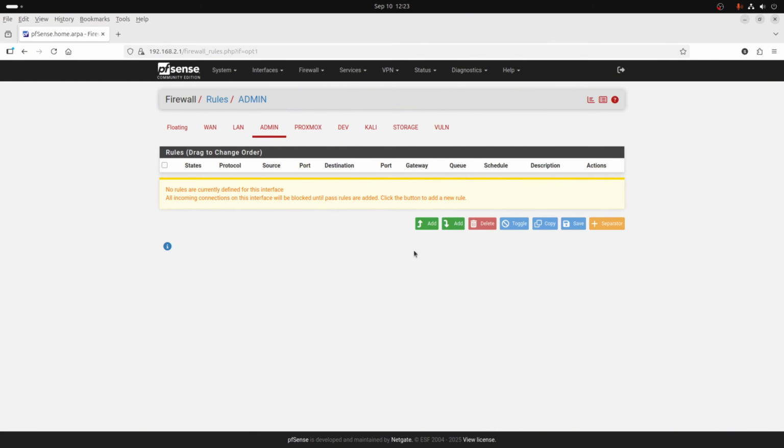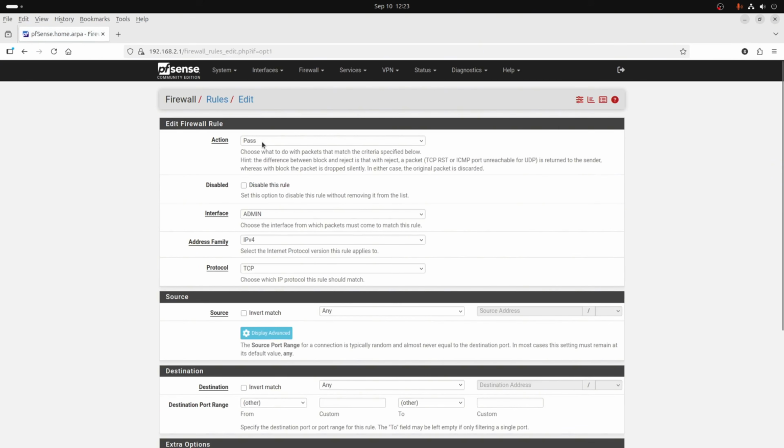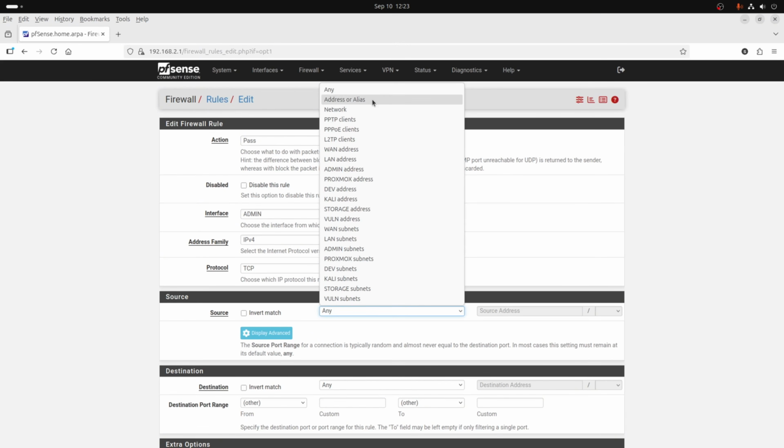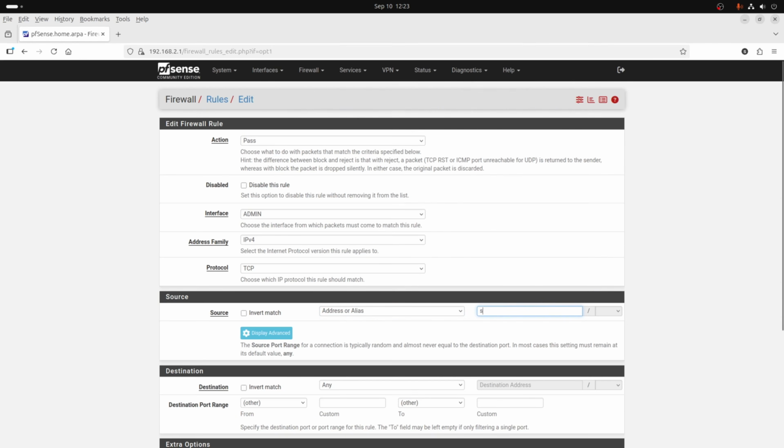So let's begin. We can click on one of these two buttons. It doesn't really matter now because this will be the first rule. I will click on this one. Now the action will be pass. The interface you already know is the admin. The address family is IPv4. The protocol is TCP. On the source we choose address or alias, and we will choose the alias that we created for our computer. In my case was